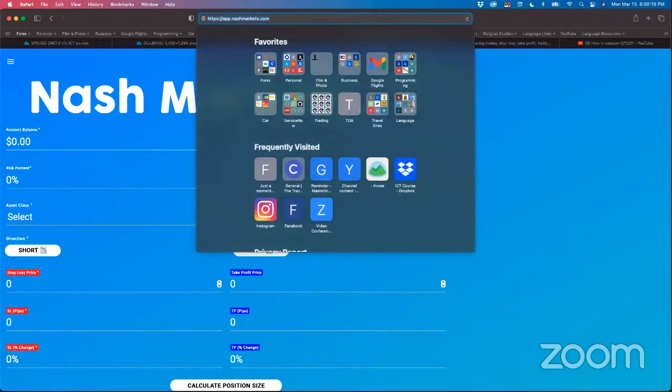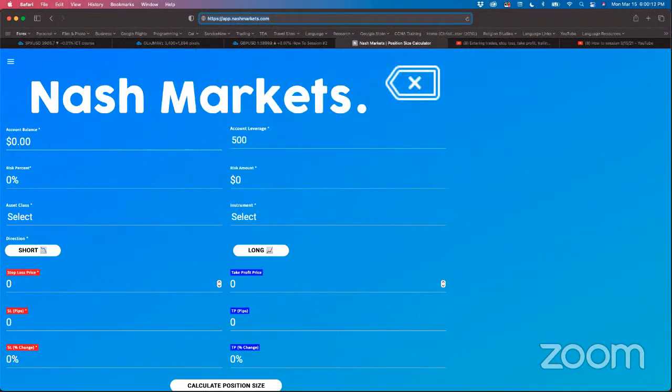As you're setting up your trades, you want to know what to expect before you get into the trade, right? You can use this to give yourself an idea of what you should be expecting when you get into these trades. A lot of times you guys will get into trades and you won't know,